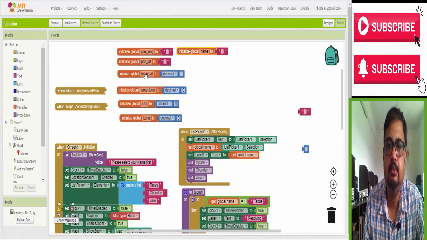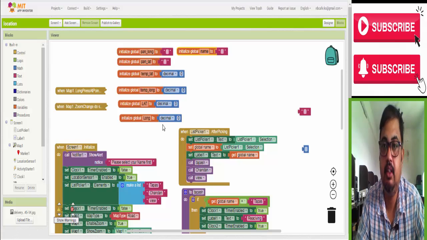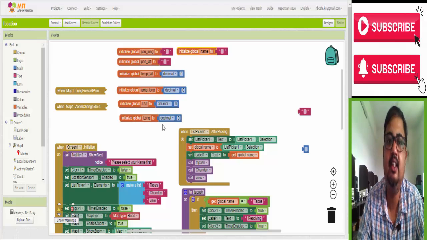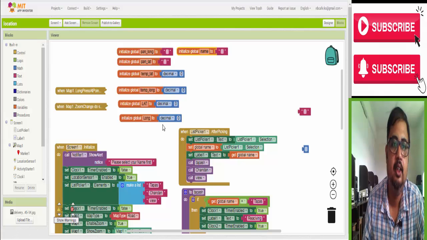Below, the temporary latitude and temporary longitude, we declare as decimal numeric values, because your sensor, whatever location your friend has, fetches the latitude and longitude as numeric digits. So it has to be declared as numeric and it should be a decimal number.